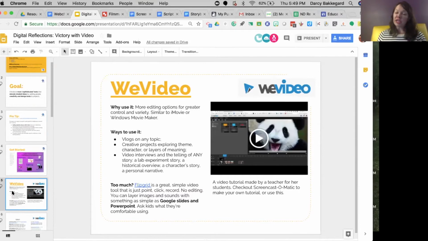But if you already know iMovie, just use iMovie. If you want to use a stop motion thing, use a stop motion thing. You can use whatever you want as long as you can meet these learning standards. Because ultimately the assessment, to me, needs to be about the learning and not the tech tool. So we need to make sure that we're not assessing their ability to use WeVideo. We're assessing their ability to tell the story of their life or whatever the assessment happens to be.